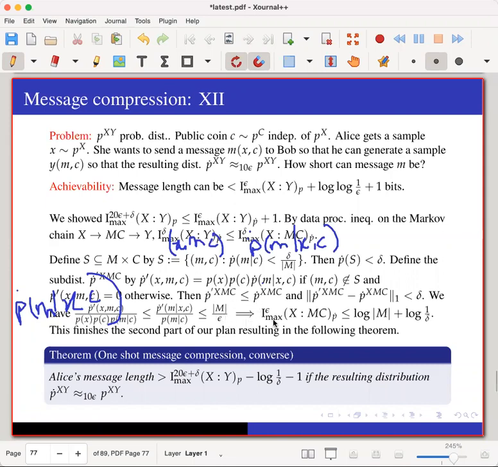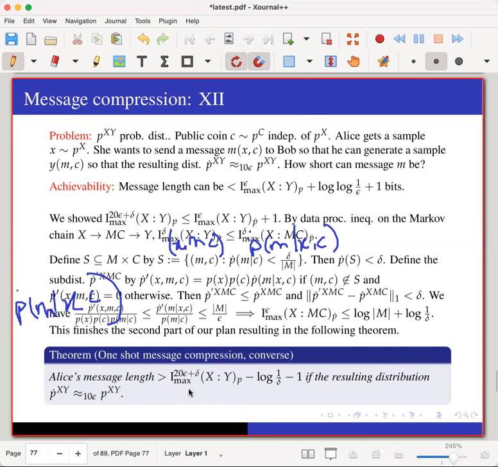So what does this tell me? This tells me that I delta max of X with M_C under P dot is less than log m plus log 1 by delta. So this is basically the replacement of the chain rule proof. So this finishes the second part of the plan, and we have the following plan: that Alice's message length is